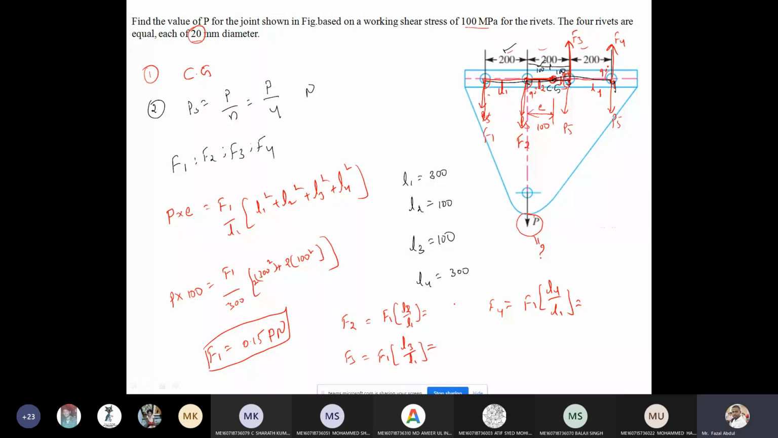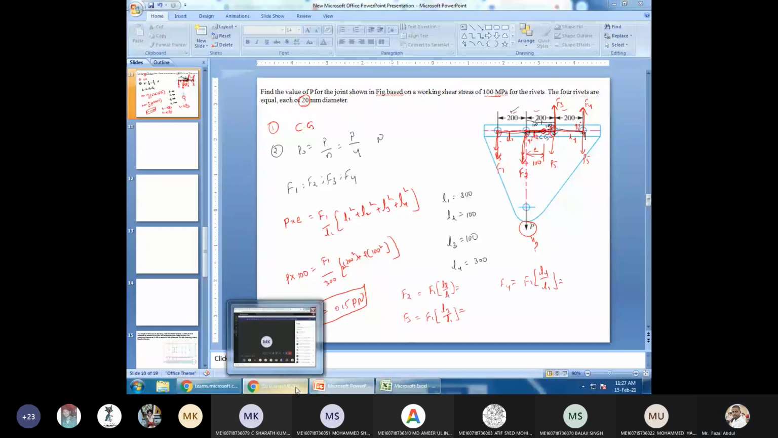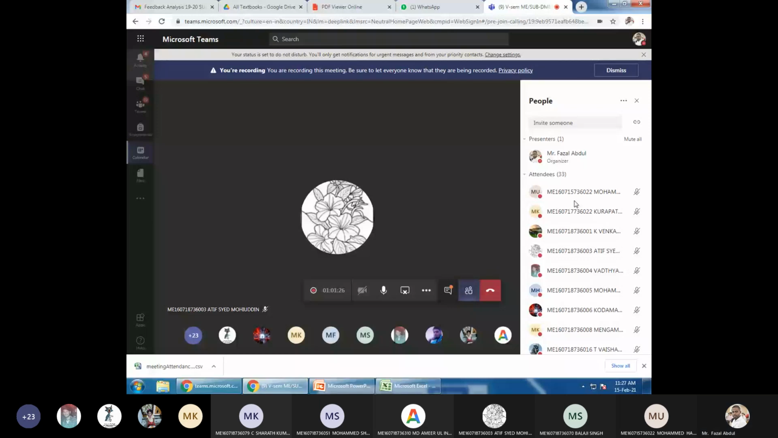To calculate these three values, okay, in the afternoon again 1:15 to 2:15 I'm taking classes. Do it and tell me the answers in the afternoon class. So what is the question for internal